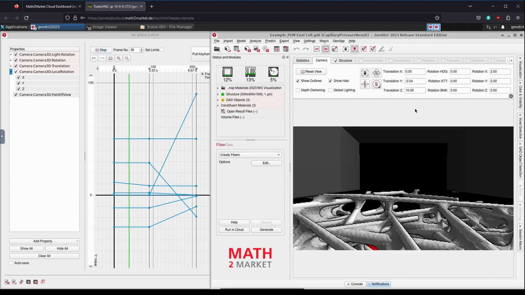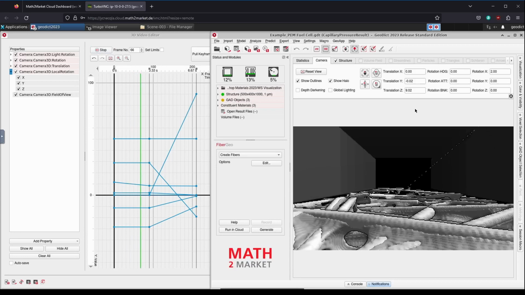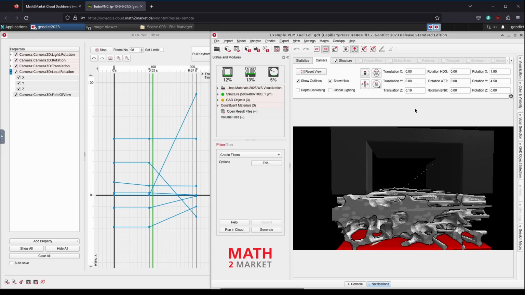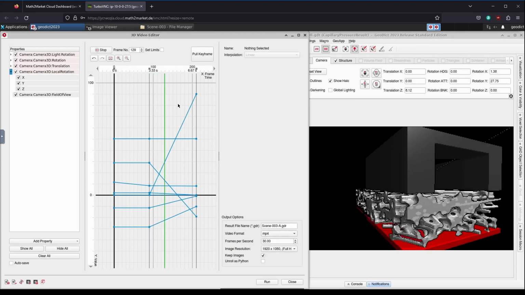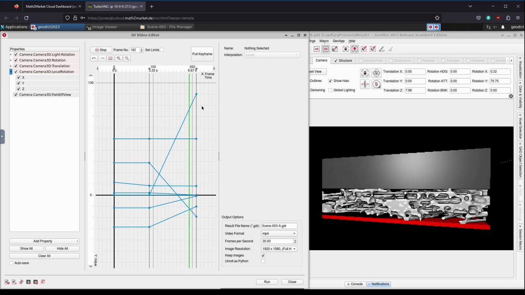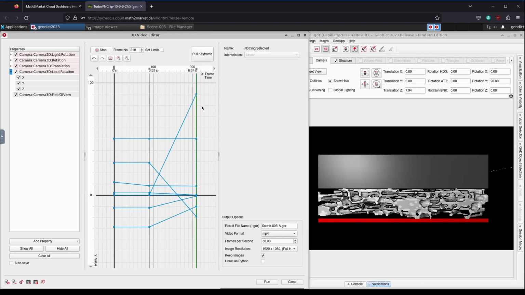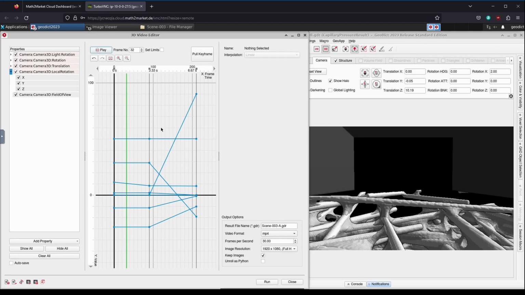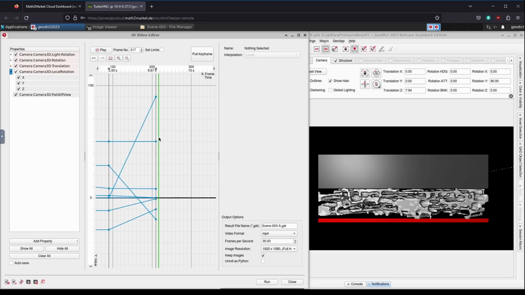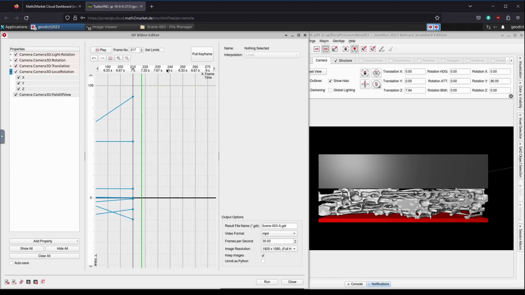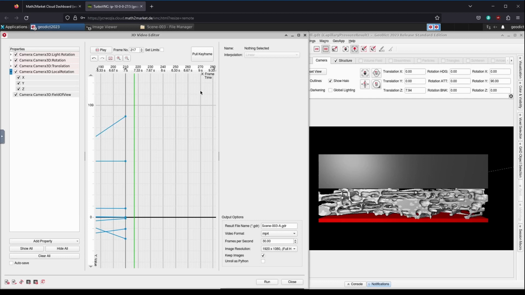Finally, let's let it play to see if everything looks good. Very good. At the end, it's a good idea to let the structure remain for a few seconds so that the viewer can take in the entire structure again. Let's try 2 seconds, that is 60 frames, and that would be frame 270, where we have to set the playhead. Now we can just click Pull Keyframe because we just want to hold the last position. We center the view and play again.